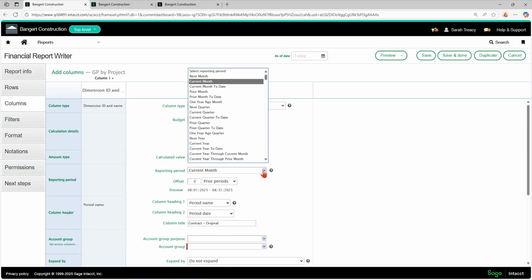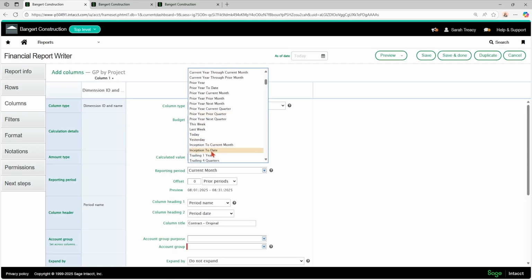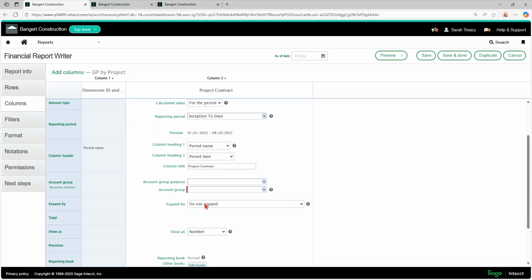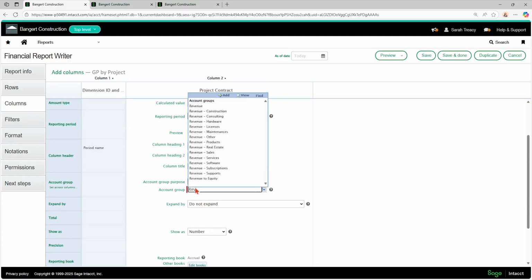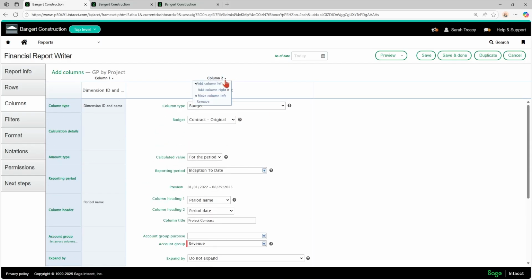And then I'm going to choose inception to date as my reporting period. And I'm going to call this project contract. So I'm renaming the column. Once I click over here, you can see that that column has been renamed. And my account group is revenue. So that's my column 2.